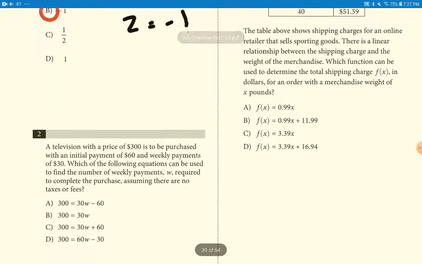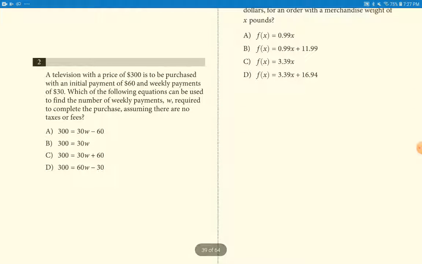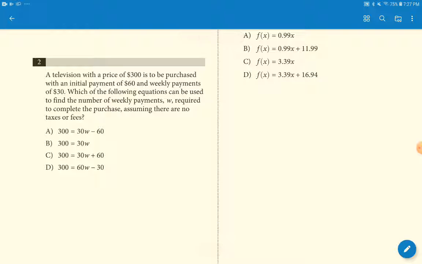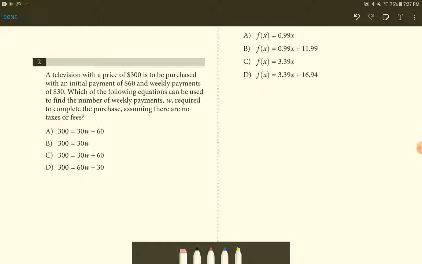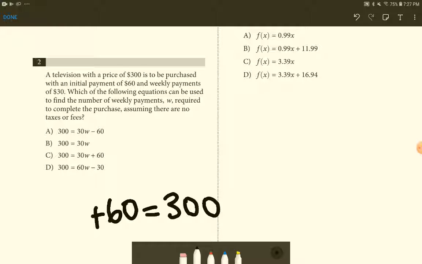And question 2. A television with a price of $300 is to be purchased with an initial payment of $60 and weekly payments of $30. Which of the following equations can be used to find the number of weekly payments W required to complete the purchase, assuming there are no taxes or fees? So we know our total is 300. So we can set the equation equal to 300. And we know we're going to be initially paying $60, so we can add $60